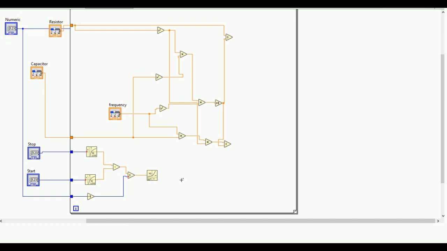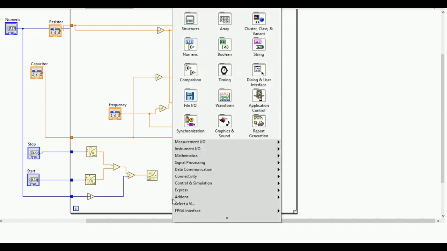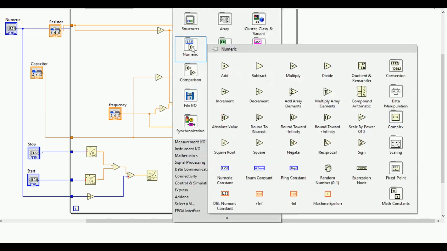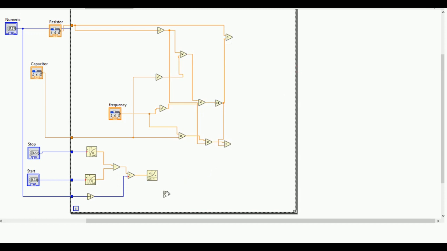So now everything is okay. Now for this 1 2 3, we can connect from here because it will start from 0. So let's do it. For the numeric and then multiply, I will start from 0.